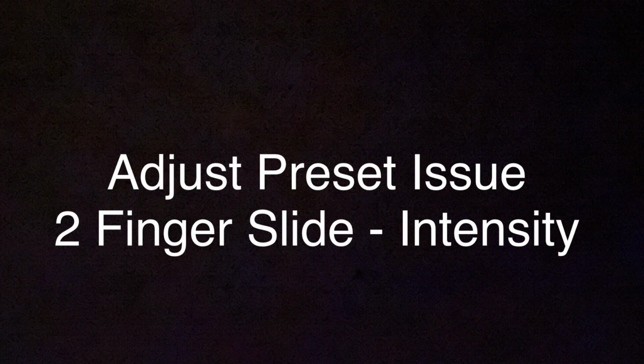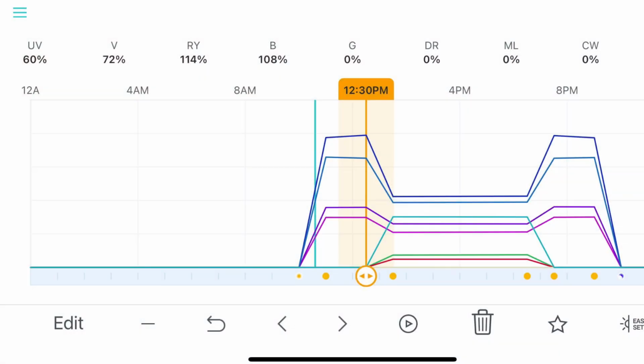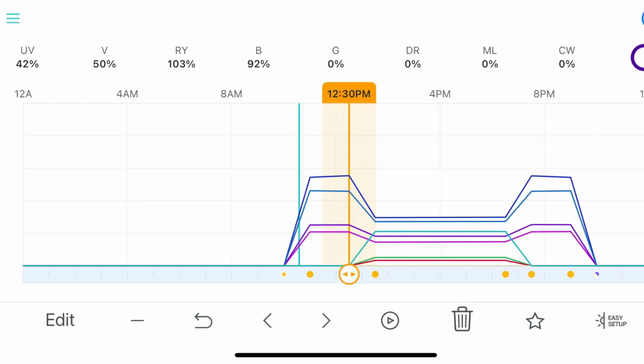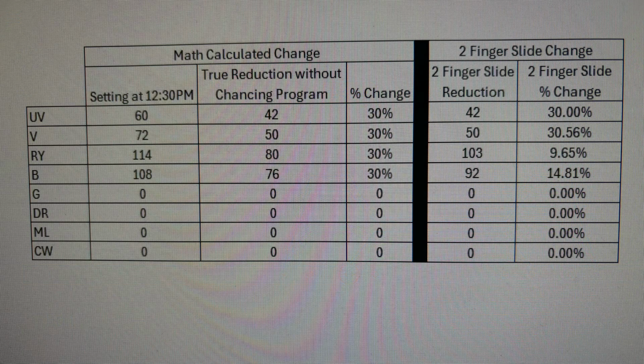All right, so here's my issue with the 2-finger slide for intensity. We're going to use these 2 points as an example. So we take 12:30 p.m. on the standard program, and we're going to take 12:30 p.m. on a reduced program. I put those points into an Excel sheet here. UV at 60 for standard, if I wanted a 30% reduction, it would drop to 42. If I use the 2-finger slide and drop it to 42, it does show a 30% reduction for the